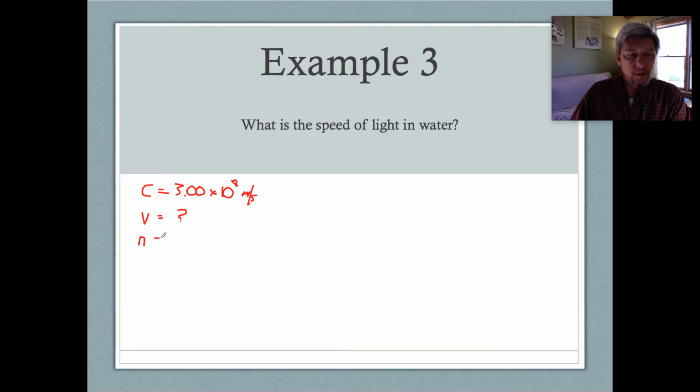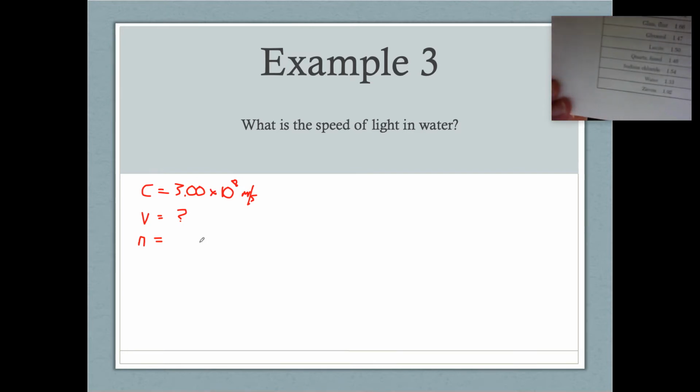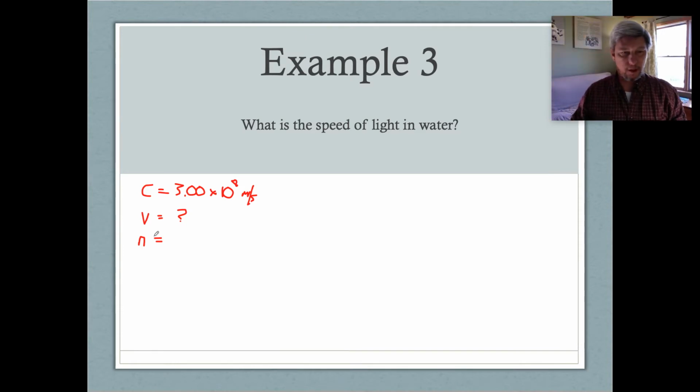And what I can do is look up the absolute index of refraction of light in water on the second page of my reference tables. If you look carefully, right down toward the bottom, the absolute index of refraction of water is 1.33. By the way, this is a ratio, so there are no units. That's why we call it an index as opposed to a variable. So anyway, we know that n, according to the equation, is equal to c over v,